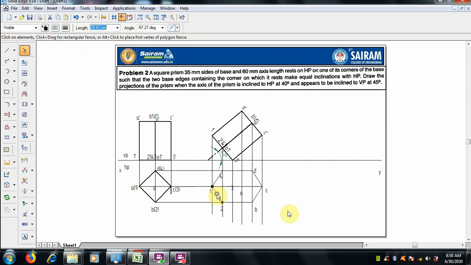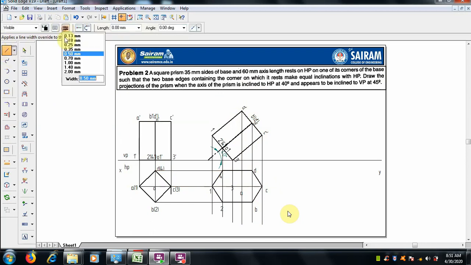So join all the points in the outer boundary, and select 0.5 mm thickness, so that we can get an overview, that is the boundary of the top view. Within this the remaining things can be done. When we are seeing from the top, the top face ABCD is visible fully, so we can draw it now with 0.5 mm thickness, fully visible.